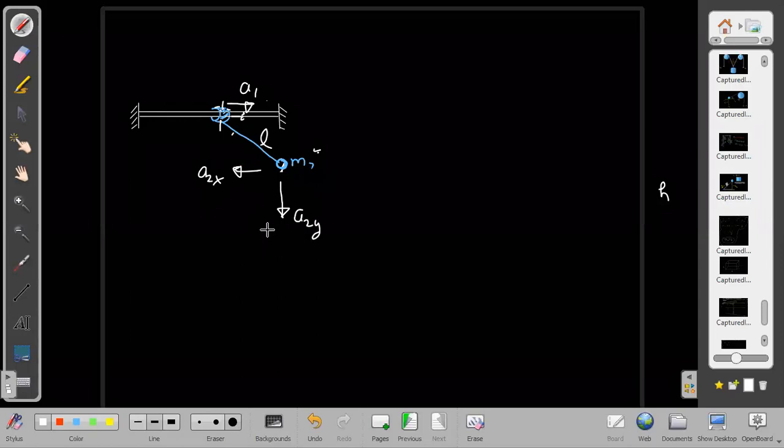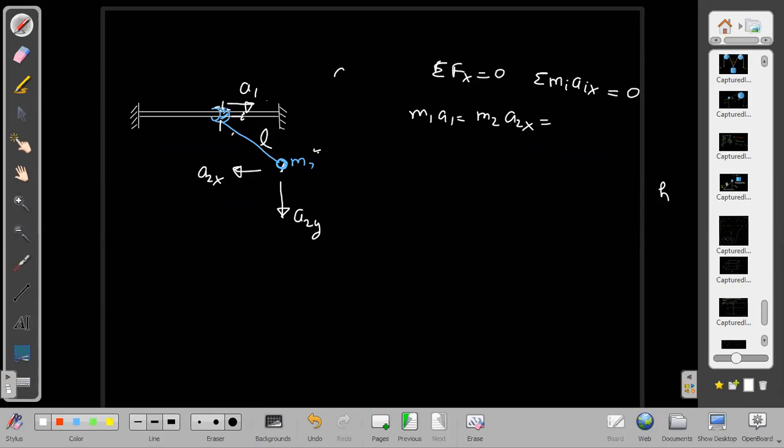These are the accelerations, a2x and a1. I know again I can apply the formula m1 a1 is equal to m2 a2x, because the net external force along x is 0. If that is 0, then I can write sigma m a_ix is equal to 0.